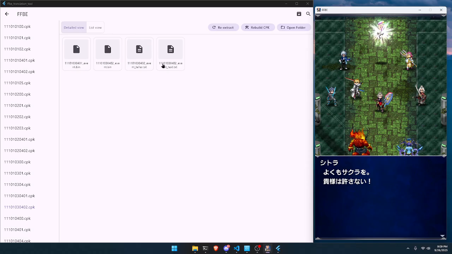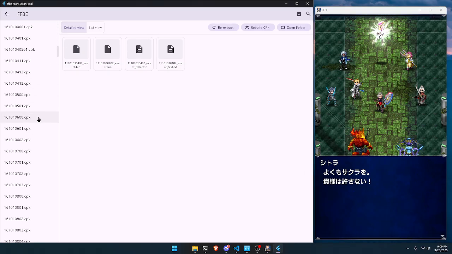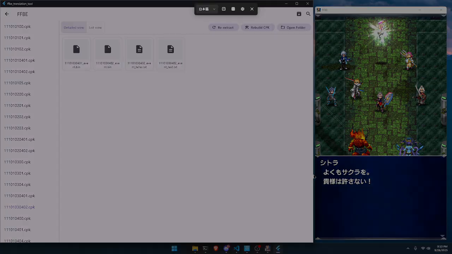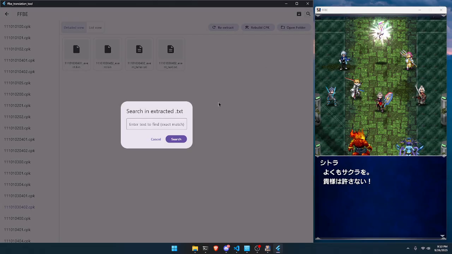So how do we find this? I mean, we have 4,800 CPK files over here. It's going to take a while for us to find it. Well, I have something called PowerToys on Windows, and I can just hit Windows key, Shift, and T, and over here I could pick the language. So the language here would be Japanese, and I just highlight the text. I hope this would show up on OBS, but now that I have the text highlighted, I can just tap on search,